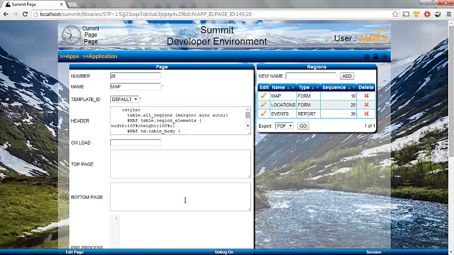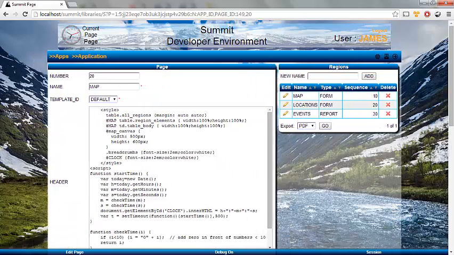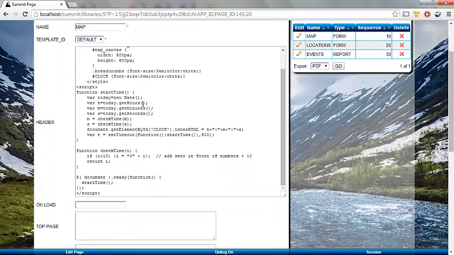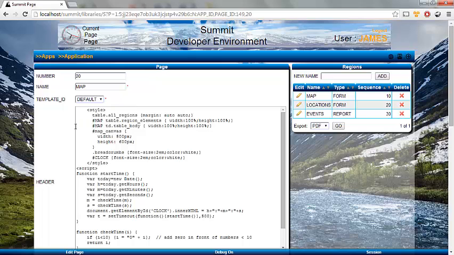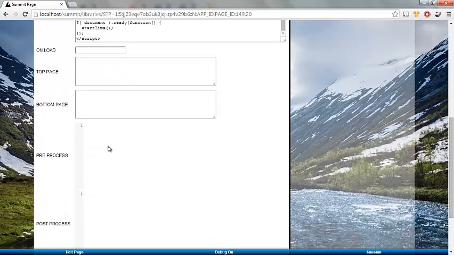Well, as I said, there were 3 regions on the page. And we can see the regions over here, a map region, a locations region, and the events region, which was a report. The page itself has some stuff wrapped around it. It has some style tags in the header, which go beyond a style sheet that I can also attach. This is purely the header. So within the page header, I have style. I have some JavaScript functions. You can also do